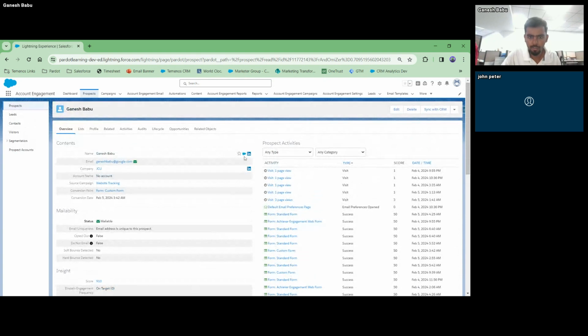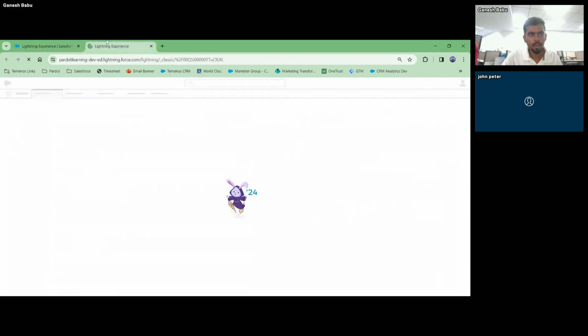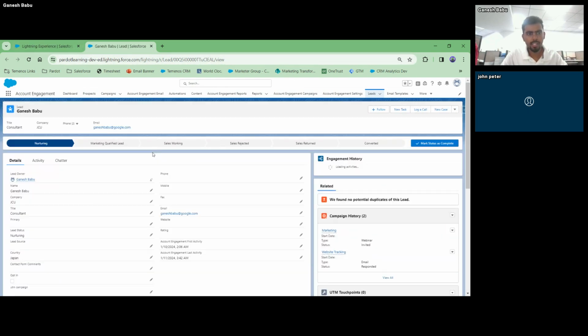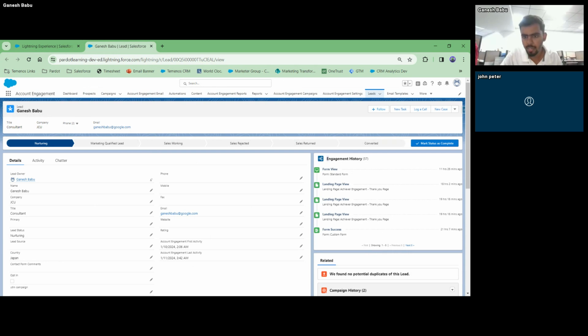If you click on this cloud icon at the right of my name, it will take you directly to the corresponding lead record of the prospect. Here you can see the engagement history, which is what I talked about.